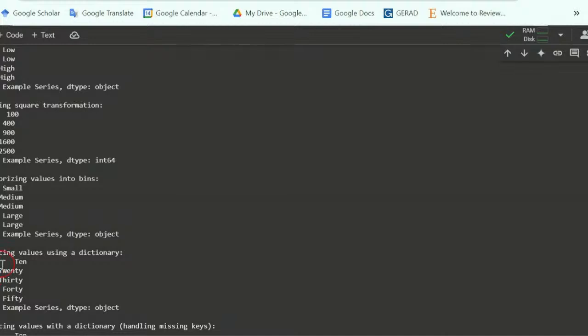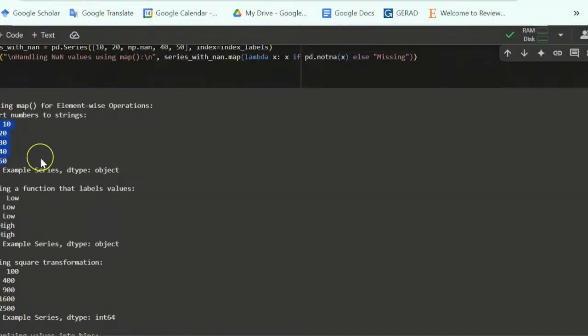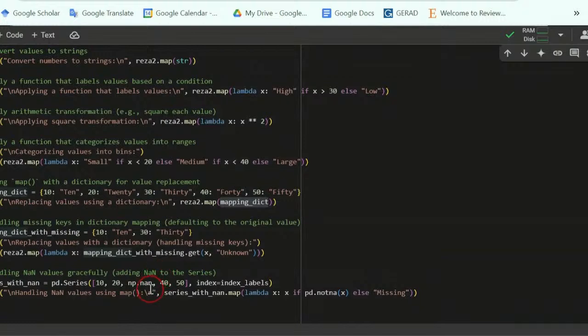So we are basically replacing values using a dictionary because the values were numeric here, but we see here they are strings and we replace them using a dictionary. So it's possible to replace values using a dictionary. How? We write down the name of the series, then the map function, and in parentheses we write down the name of our dictionary, and it is going to automatically replace the values. Then